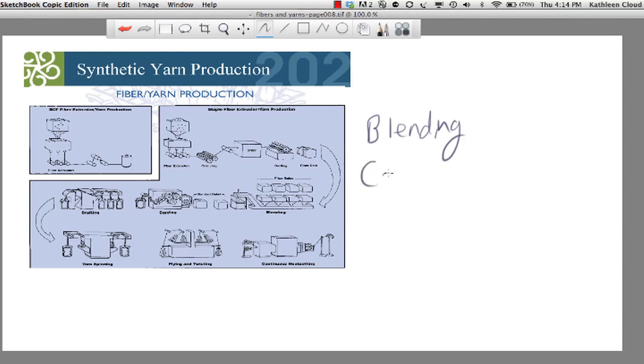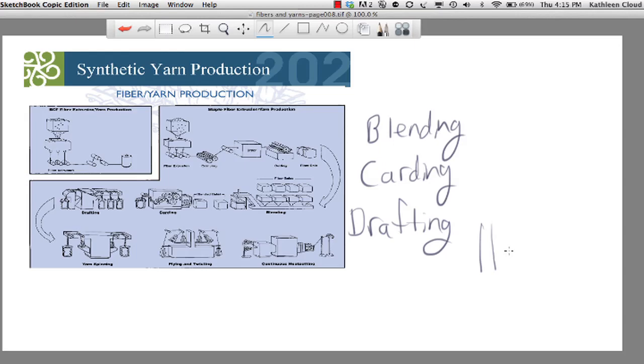Carding, so I'll write this word down here, carding, straightens the fibers and puts them in a continuous rope-like configuration. And then there's the drafting. Drafting has 3 main functions. It blends the fibers, it places them in parallel form, so parallel right next to each other. It continues to decrease the weight per unit length of the total fiber bundle to make it easy to spin